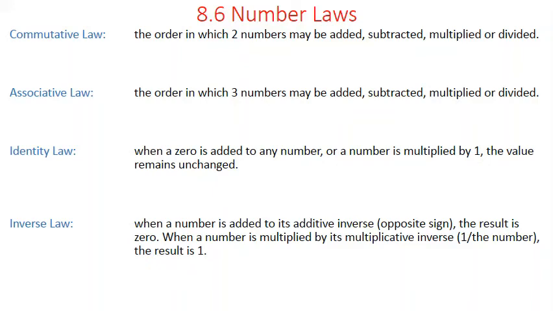Today in this video we're looking at number laws. As you can see, there are 4 different types of number laws. The first is the commutative law, and that is the order in which two numbers may be added, subtracted, multiplied,